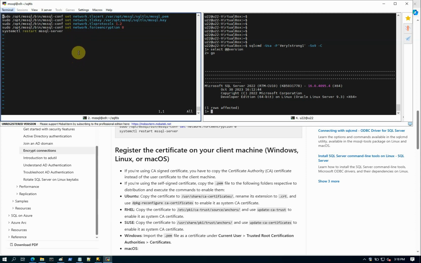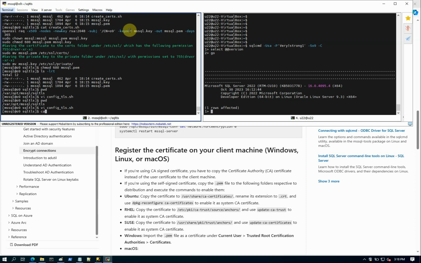I don't need this one, but I do need these three. So make sure that the MS SQL user has the sudo privilege to run these things. Otherwise, you have to use another user with similar privilege. Okay. Because this is a demo, so and then just